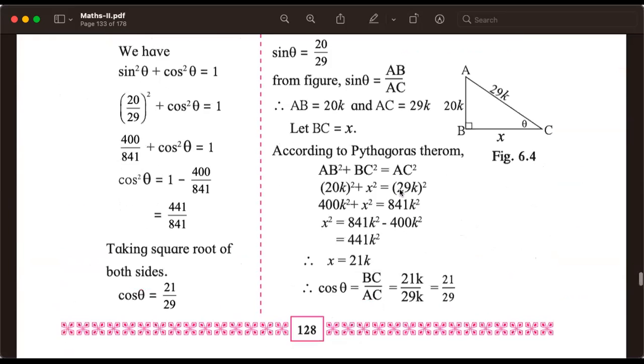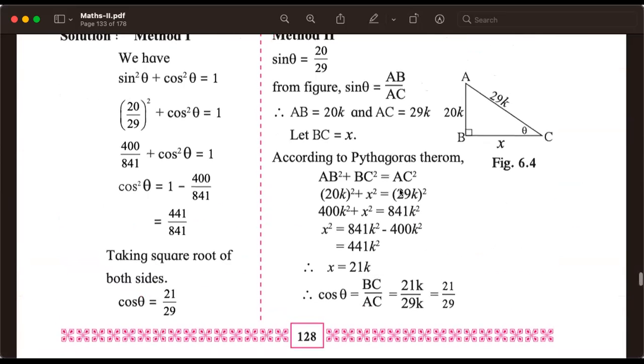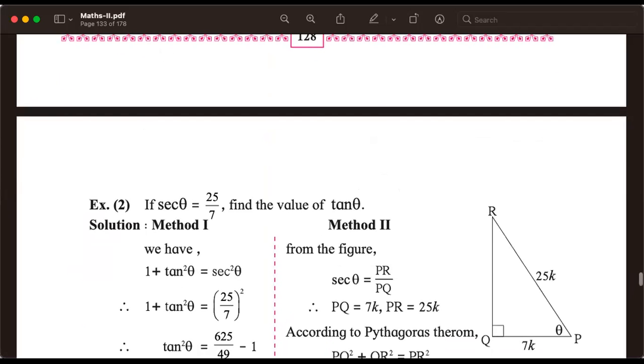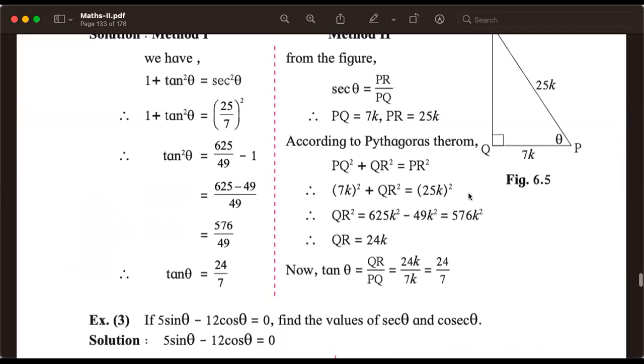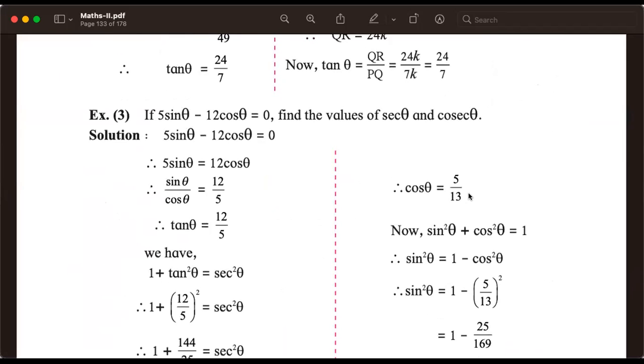So when we solve the questions, we recalled that questions can be solved by using Pythagoras theorem, or by using the trigonometric identities. The choice is up to us depending on what type of question it is. Sometimes using Pythagoras theorem will be faster. Sometimes using identity will be faster and smaller. So we'll have to be smart about it. Both methods are correct.